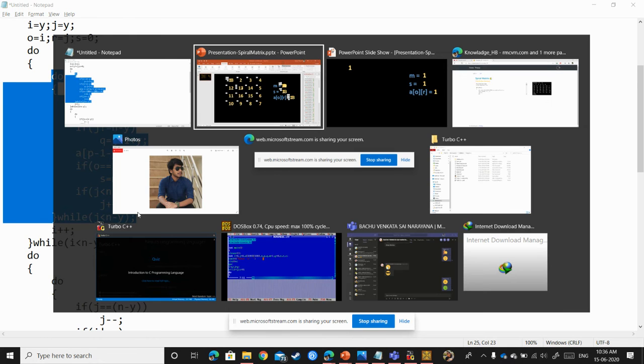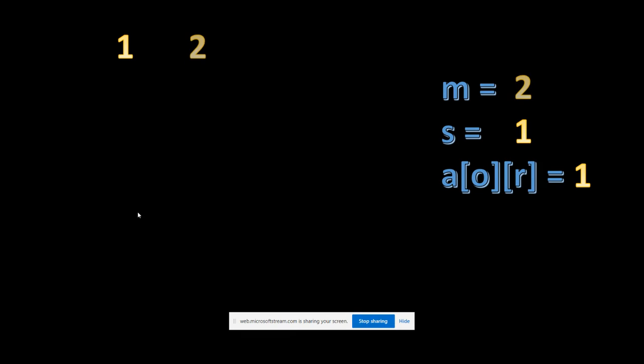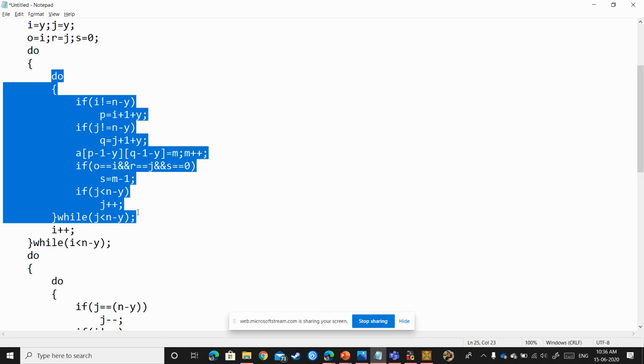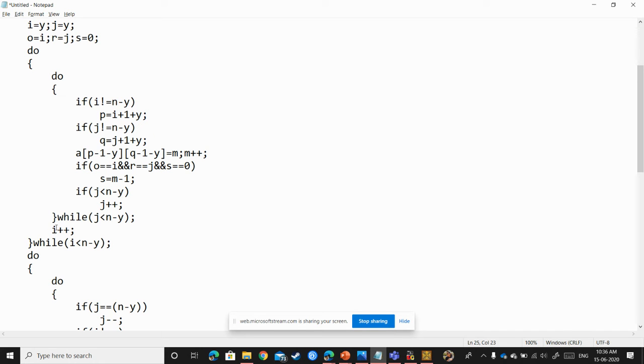So I'll be doing this loop till 1 2 3 4. Till here I'll be performing that loop. Then it will exit this loop and go to the next line, i plus plus. So it will be performing this do while loop again. Although the value of j exceeds it, I will perform it one time so that I can position it along the x direction, I mean y direction, by changing the i value for the p variable. So it will be 0 comma 3 in the first case. Then after that 0 comma 3, this loop will be executed.